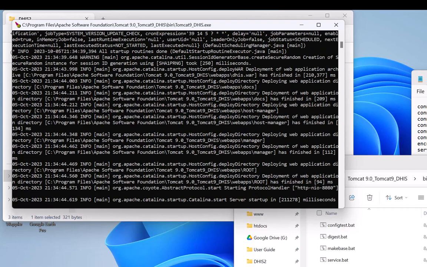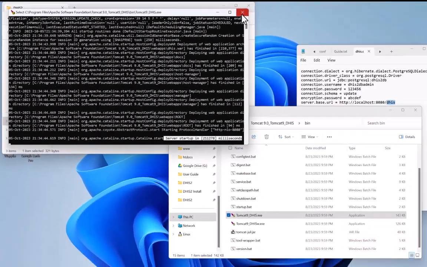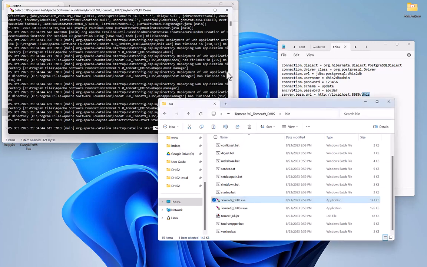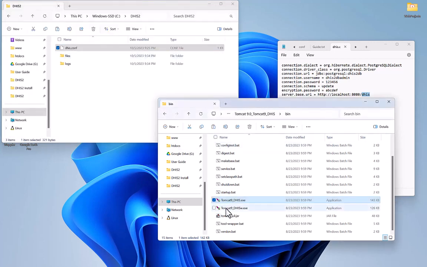Okay, so now once everything has run, you will see here the Catalina server startup in whatever milliseconds, showing how long it took to run everything for you. Once you see this, the startup in whatever milliseconds, this one is done. Here we can close this particular program. Now once we have closed that one, we need to run the second one here. So we also run it as administrator,